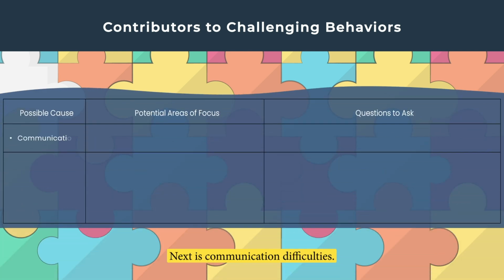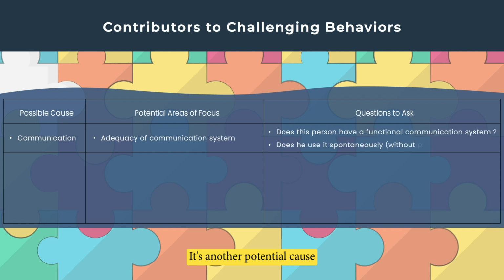Next is communication difficulties. It's another potential cause of challenging behaviors, and it's very crucial to evaluate an individual's communication system when addressing challenging behaviors. That is, communication challenges can lead to frustration, anxiety, and misunderstandings, which can contribute to challenging behaviors. So with the help of a speech language pathologist, we can identify and develop appropriate communication interventions to support individuals